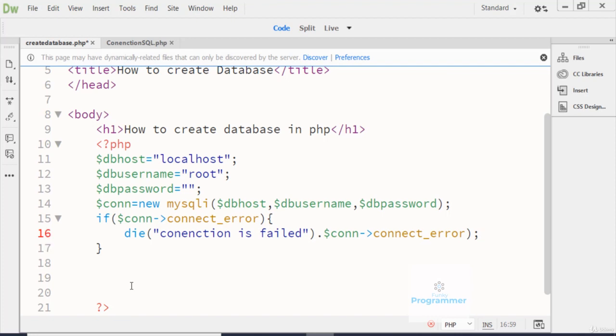Hope you understand now. Now I just remove this code from here, and the connection is created right here. Now we are going to create our database, so here I write